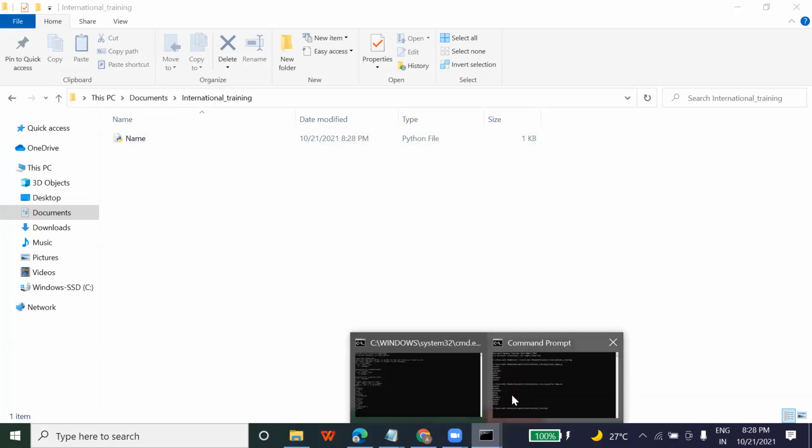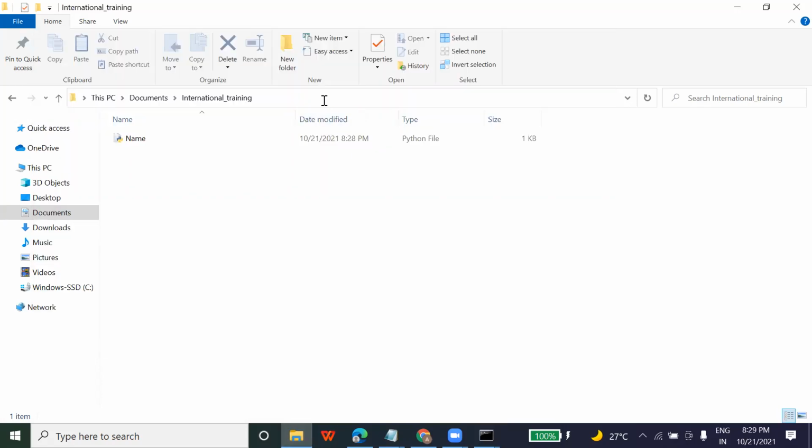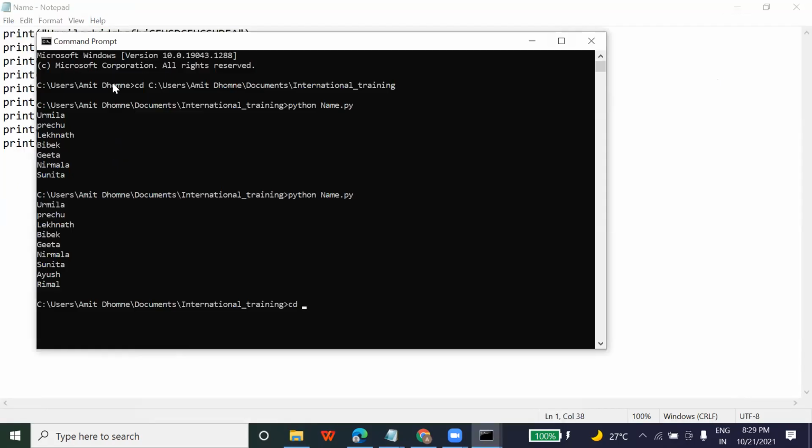Once you save the file, you just need to type cd and go to the path. You just paste the path that you copied from here, where you have saved the file, copy the whole path. Why did we copy it? Because you need to change the directory. Earlier you were in C user Amit, but you have to go inside Documents as well.